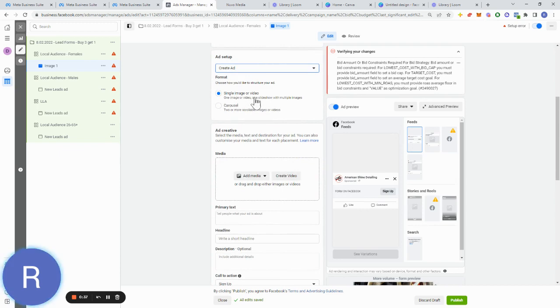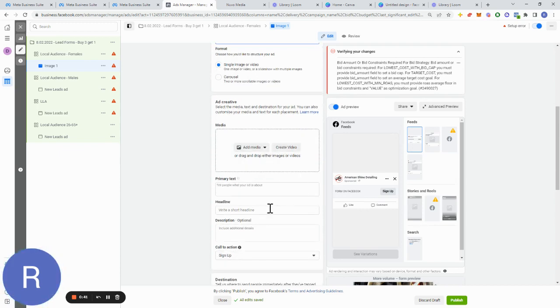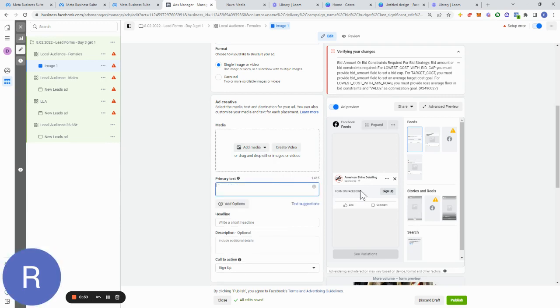So what I'm going to do is do single image or video. You keep it like that, and you add the media. So first, I'm actually going to create all the text first, and then I'm going to show you how to add the media, because what I want to do is show you how to quickly create a pretty appealing ad. So primary text is going to be what's in the description. Like, I want to customize your whip